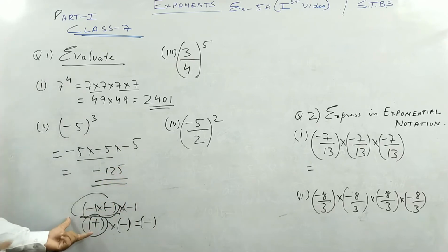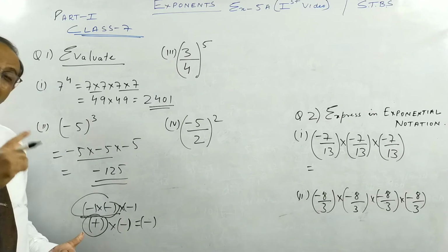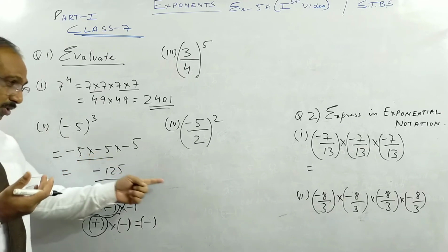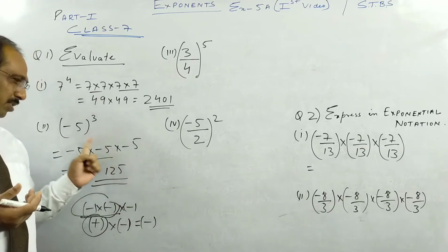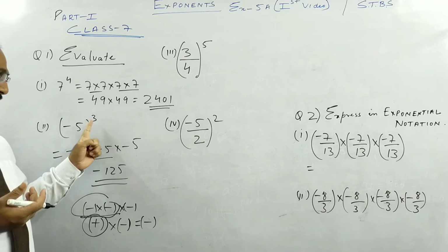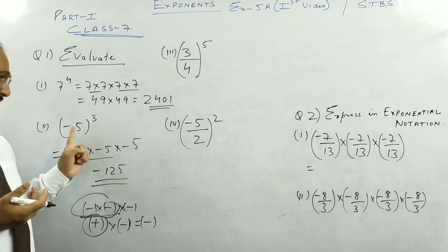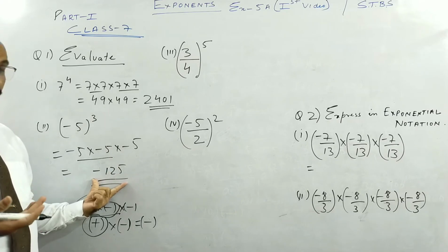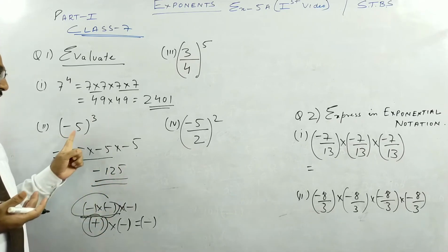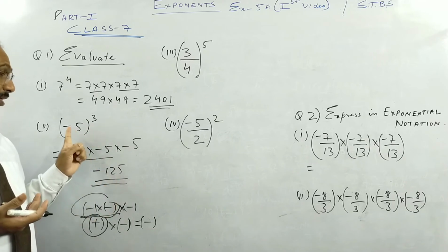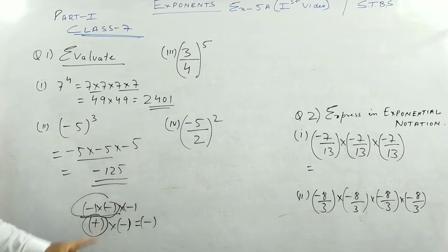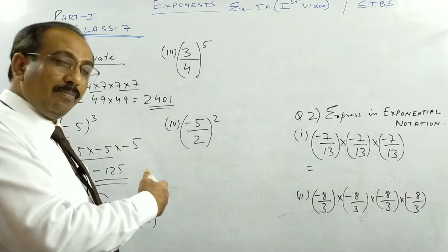So remember, this I have taught you in my earlier videos on integers and fractions. You check there. Or as I taught you in my concept, minus to the power of an odd number of times is minus. Minus to the power of an even number of times is plus. As I taught you for 1, minus 1 to the power of an odd number is minus 1, and minus 1 to the power of an even number is plus 1. So something very similar. You just go back, play back, rewind and see.